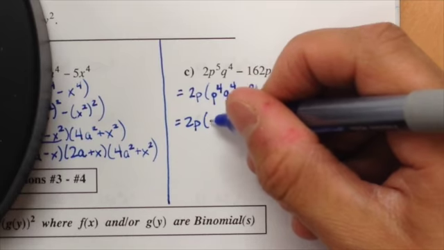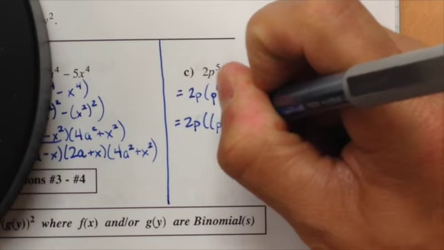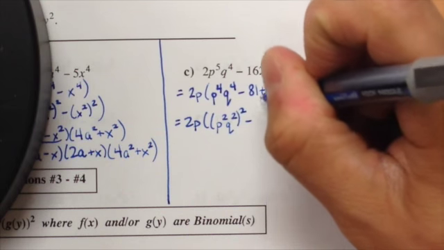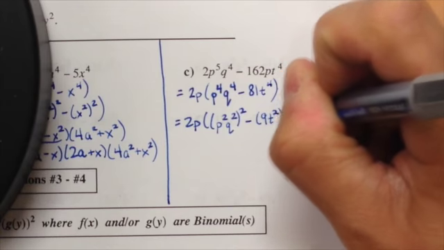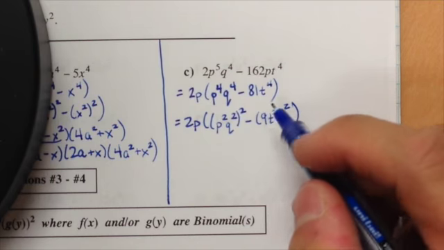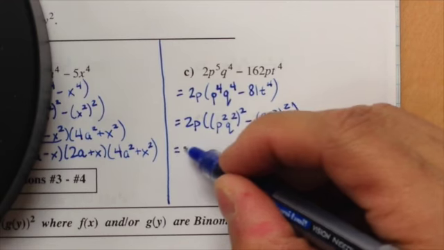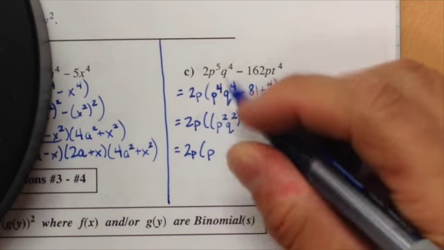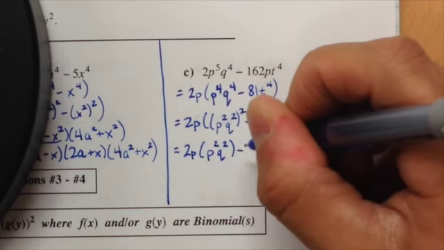The next thing I'm going to do, just like last time, is treat p to the 4th q to the 4th as p squared q squared, squared, and 81t to the 4th as 9t squared, squared. So again, I already have a difference of squares. If I treat these middle terms as a and b, that gives me 2p times p squared q squared minus